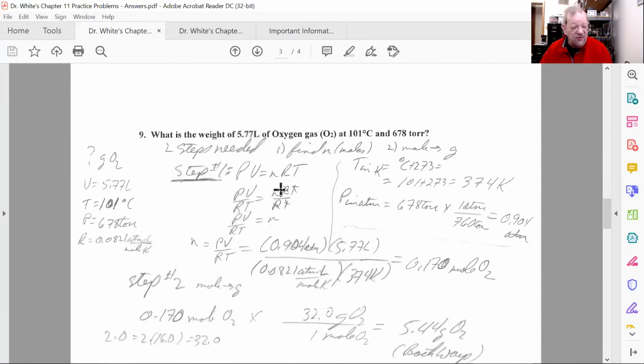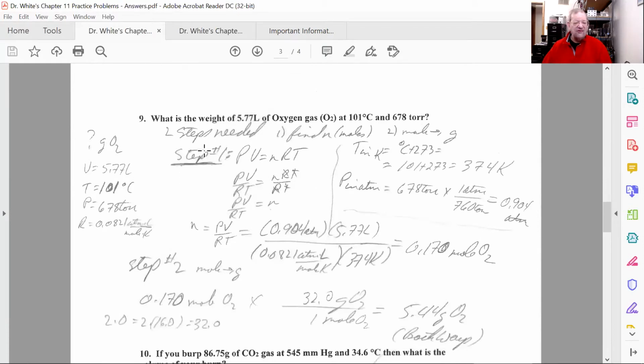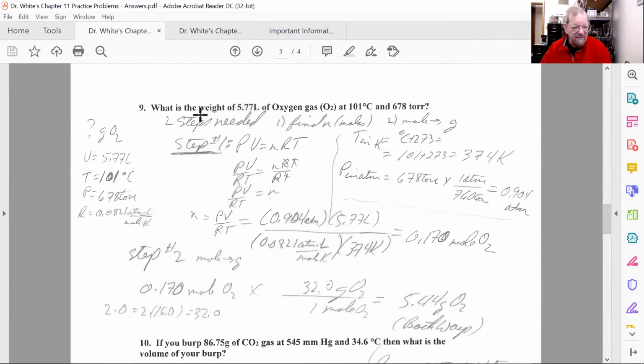Now, next, let's look at number 9. What is the weight of 5.77 liters of oxygen gas, O2, at 100 degrees C and 678 torr? Now, if you look at this problem, are we changing any of the variables? No, we're dealing with a gas. Therefore, if you're not changing the variables and you're asked to calculate something and you have a gas,